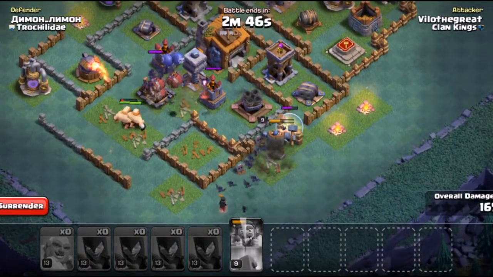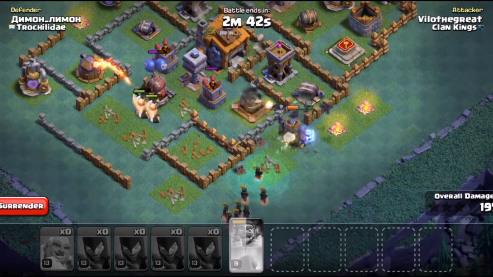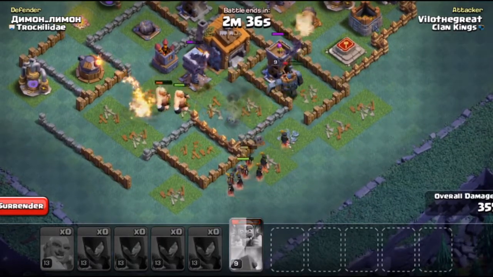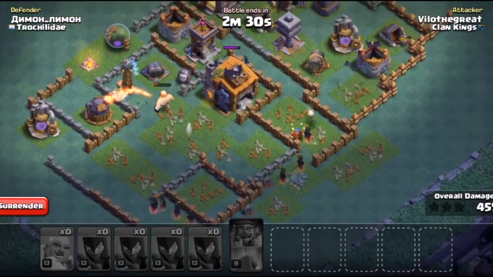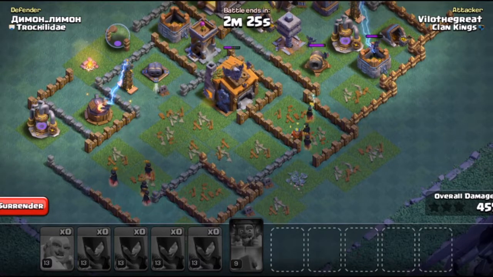So sometimes if their base is quite close to the corner, it's always worth putting your War Machine guy down there first. And let's get rid of that mortar. As you can see, my War Machine's taking a lot of beating, and he's gone. That cannon normally wipes them out pretty quick. It's quite good to get rid of that guy first, but people know that, so they're going to heavily defend